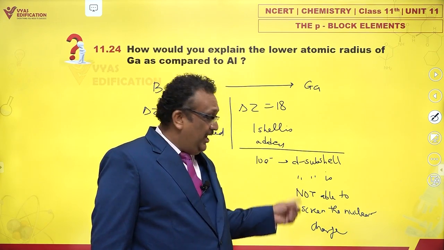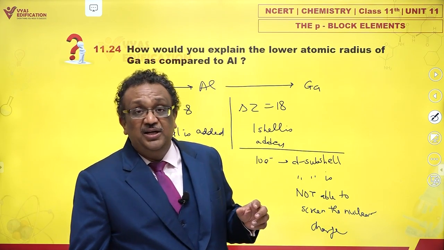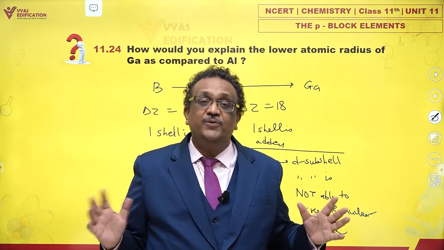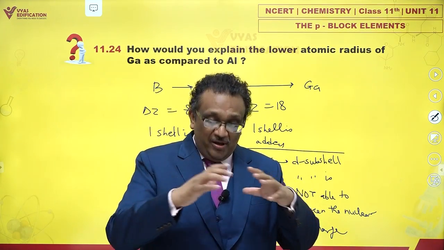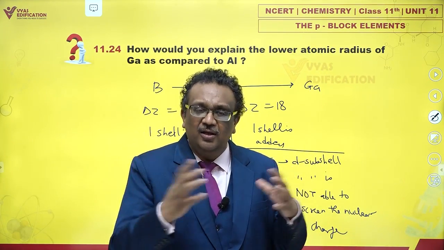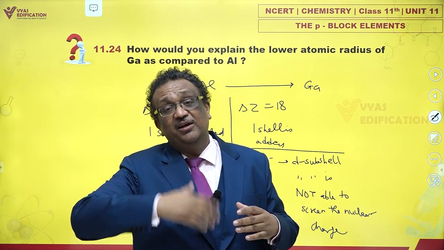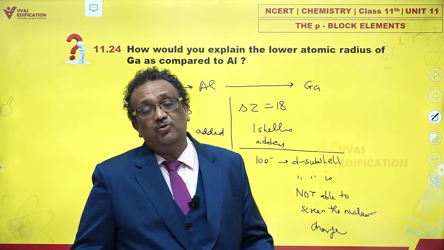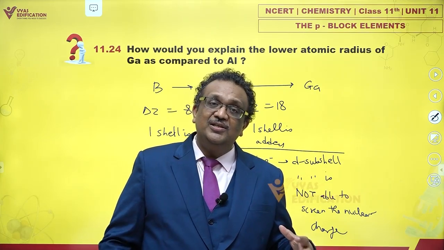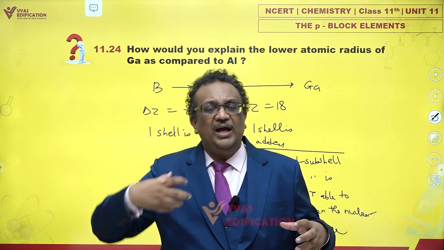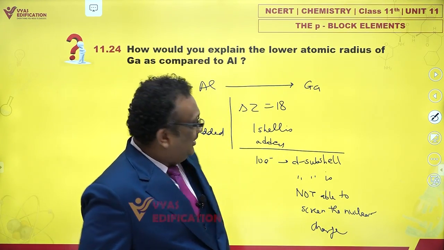There are 10 electrons in D subshell, and D subshell electrons are diffused. They are not able to repel as much as the attraction which is increased because of 10 extra protons. So net result is the size keeps on decreasing and decreasing and decreasing, and at the end of it, the